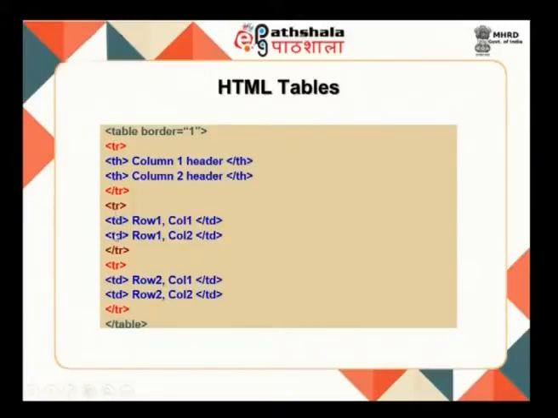And the second row tr, here you can see that these two are data elements, and here we can see that that is the first row and the column 1, and the next td defines the first row and the column 2. And when you want to start the next row, again you need to give the tr tag and it closes with a slash and a tr tag, and then again it defines two columns. So, row 2 has got two columns, row 2 column 1, and this cell would be actually row 2 column 2.